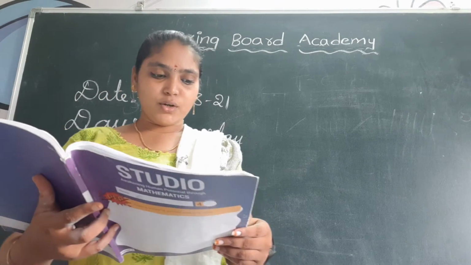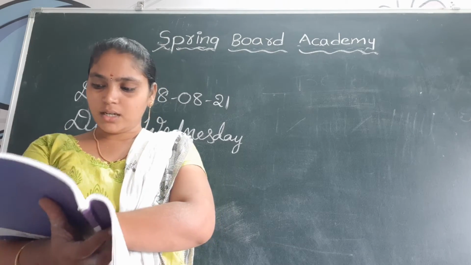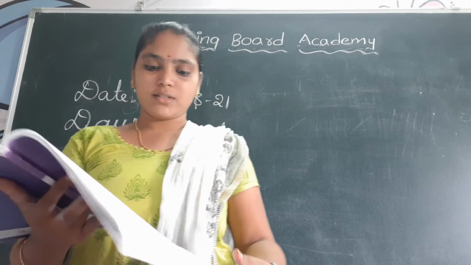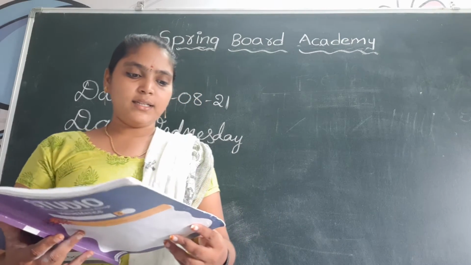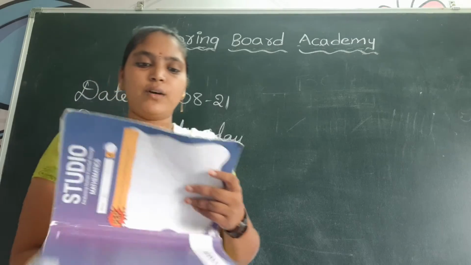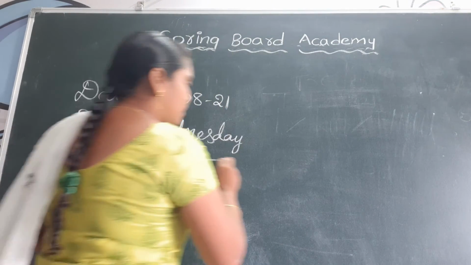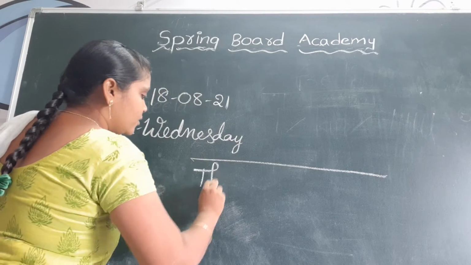So now everyone open page number 48, children. In the previous session we had completed page number 47. Now on page 48, complete the mind map numbers. Here one number is given, children, and we had learned about the place value chart. Am I correct, children? We had learned two periods.